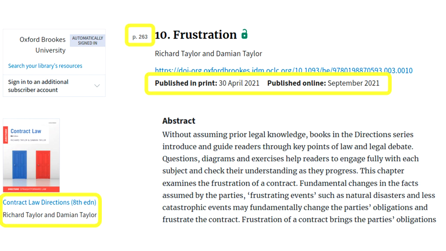We can see the year that the book was published at the top of the page. It helpfully tells us the exact month that the book was published, but OSCOLA only needs the year, so we can ignore the month. You'll see there's 2 dates. Since we only need the year, it's 2021 in both examples here, so it doesn't matter which date we look at and use. If a book was published in print at the end of one year and then published online at the start of the next year, which could happen, then you would need to choose which date to use. If that happens, then just use the print date.